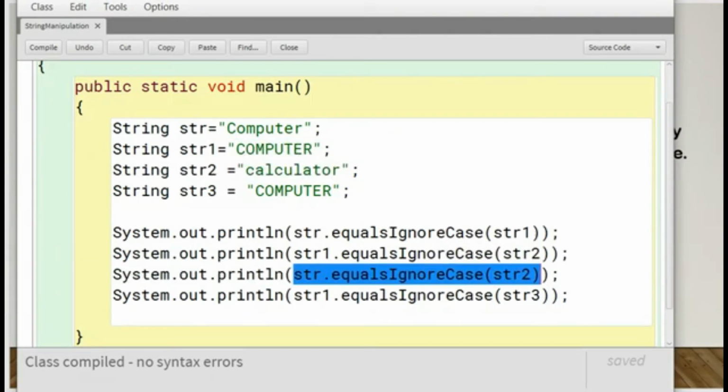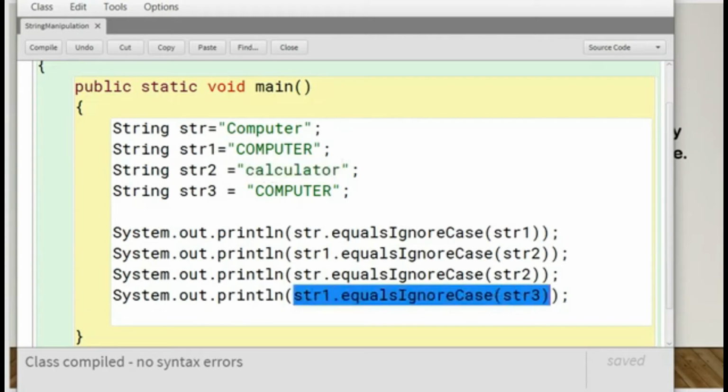In the third case, when we are comparing str with str2, meaning we are comparing computer with calculator, that also returns the false value since both have different words. But in the last case, where we are comparing str1 with str3, if we ignore the cases then it returns the true value.